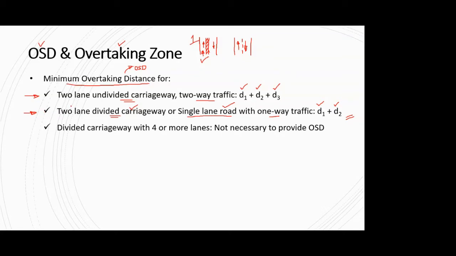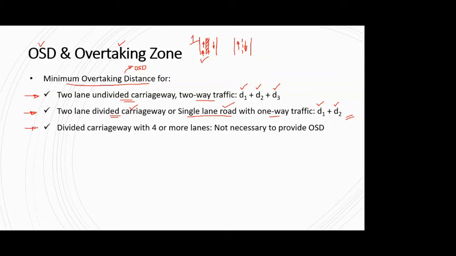So many a times they confuse you or they try to trick you by just giving such kind of terms, that is two lane divided, two lane undivided, two-way traffic, one-way traffic, or a no entry road. So if you see all these terms, then apply accordingly. The only difference will be in some cases D3 will be absent, and what are the cases where you don't have any interference in traffic of opposite directions.